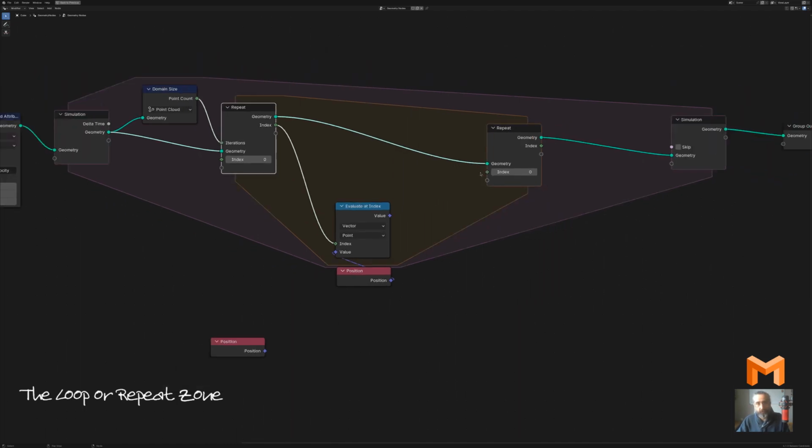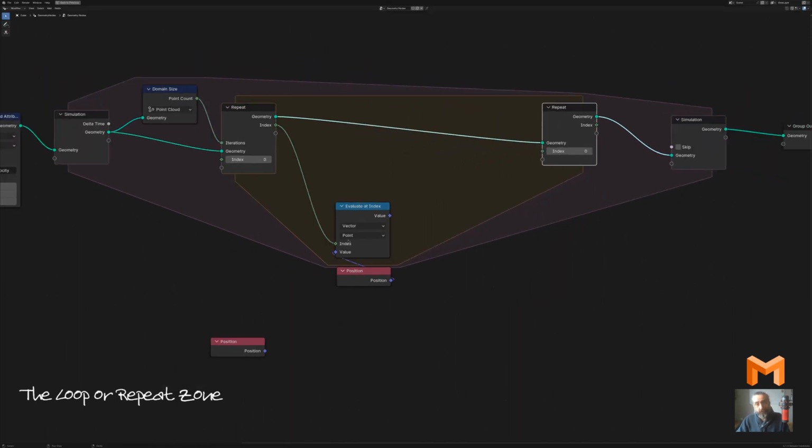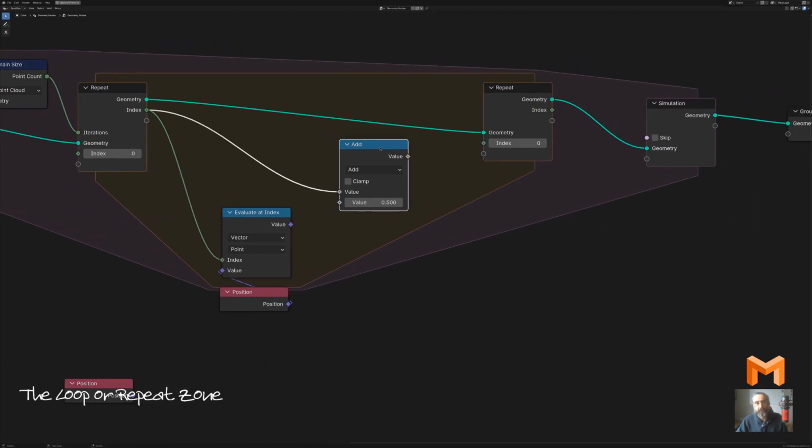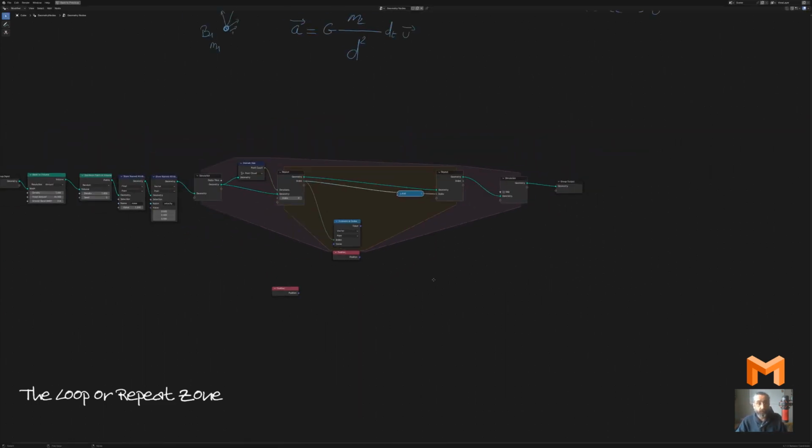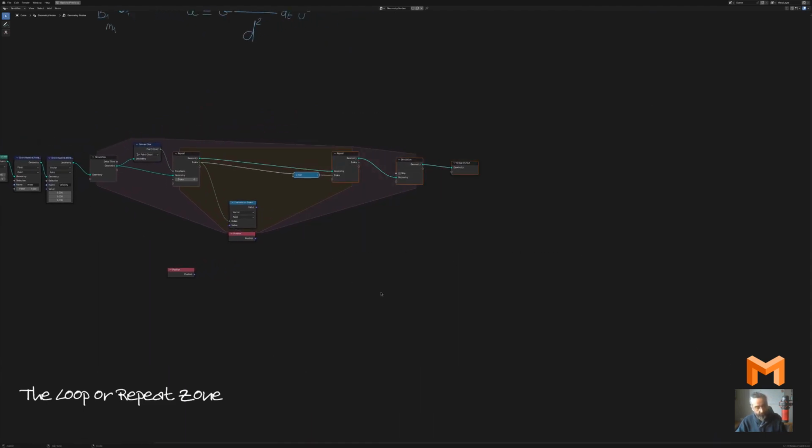There is no problem for this. What we need to do is say, okay, let's start at 0, so I can get the position of point 0, and then I need to go to the index 1. So I need to add 1 to the index, and it's pretty easy. Let's add a math add. This is a math vector. Let's add 1 and connect this to the index. And so after having made all the computation here, it will add 1 and go here, and it will do it 12 times. And this is cool because now we have our loop, and we can now create the rest